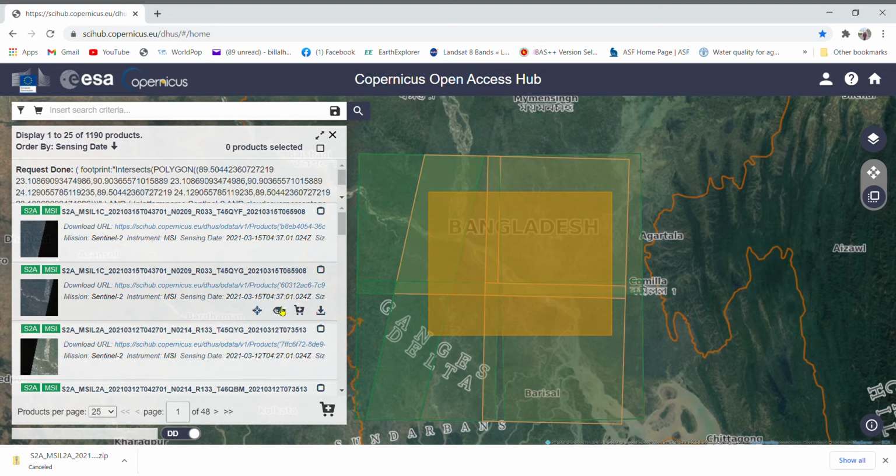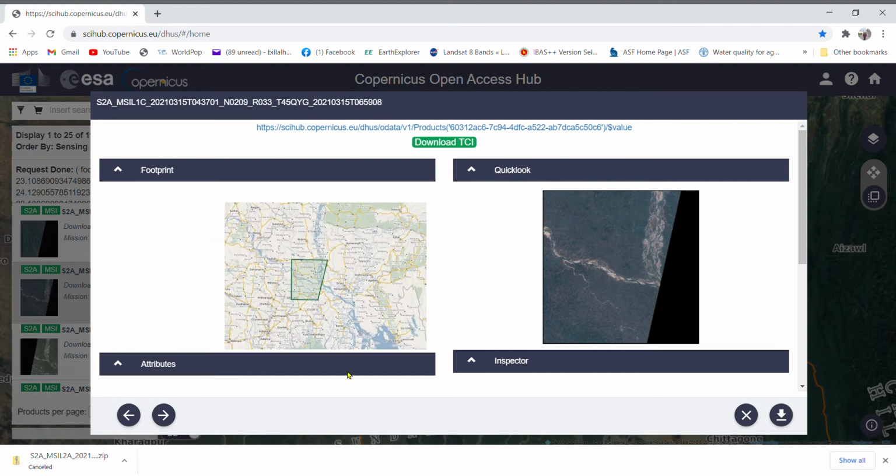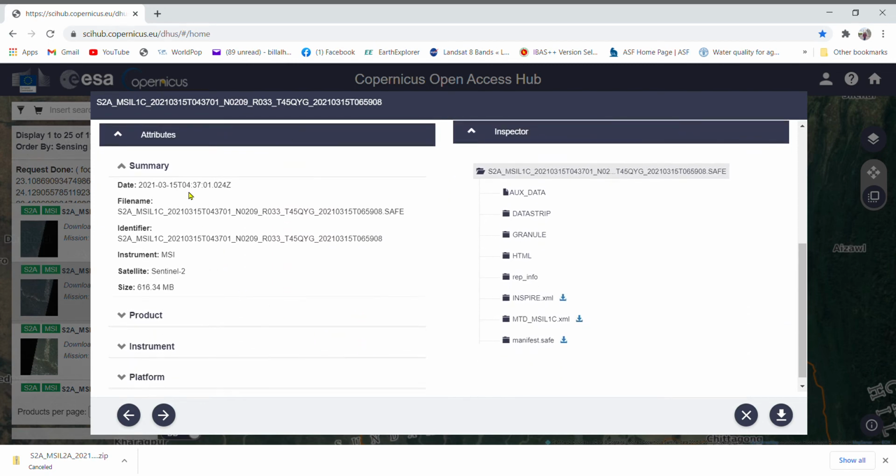Another thing, here you see the iView. If you click here, you can go to the details of this data. For example, you will see this data covers this area, and the data looks like this. It seems that this is good data because there is less cloud, and you will find a summary of this data, MSI Sentinel-2 data.